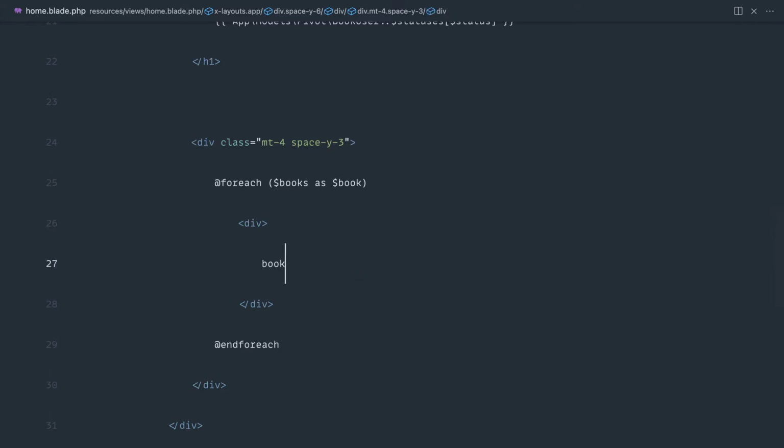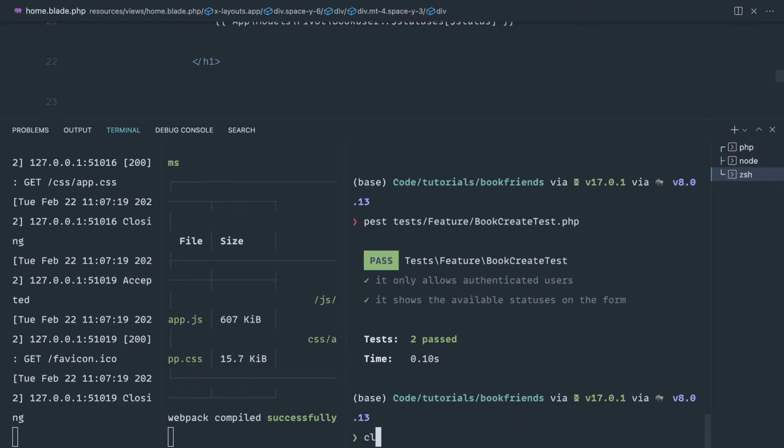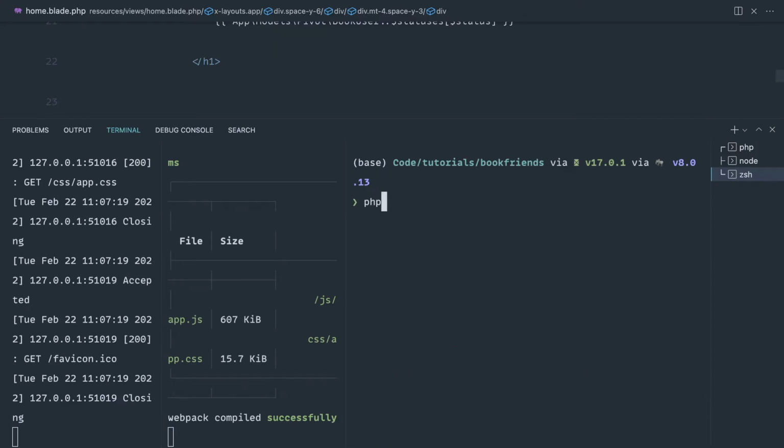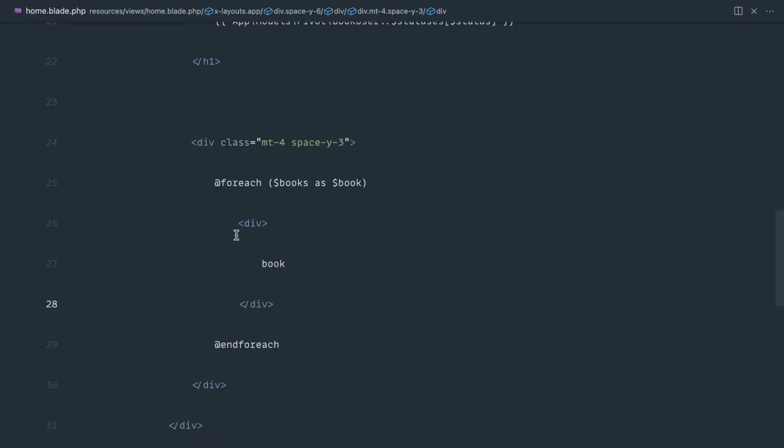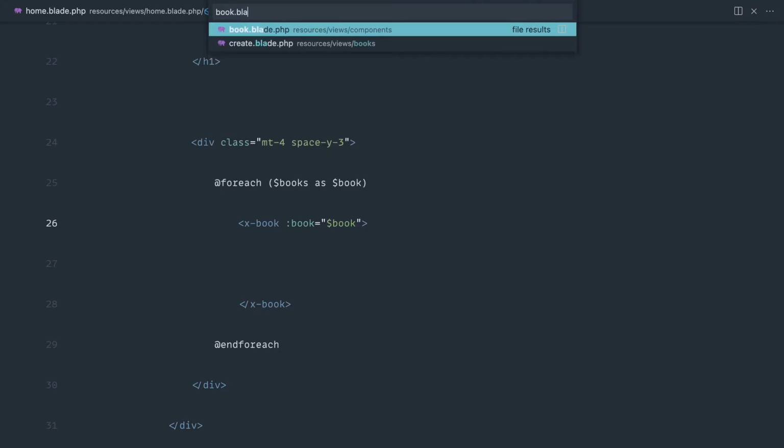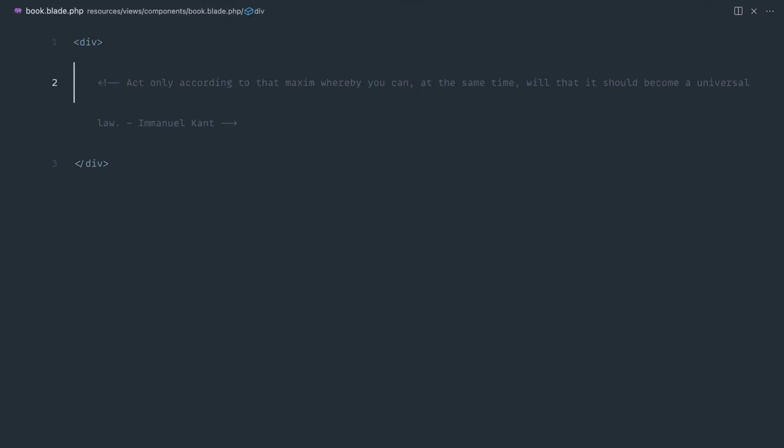Now we just need to go through and iterate each of our books. So for this, let's create a component just so we don't have to reuse too much markup. Let's make a component and call that book. Let's replace this with x-book, and we can add some links in here a little bit later, but let's just pass the book into here. And let's open up book.blade.php under the components directory, and let's just output the book title just so we know